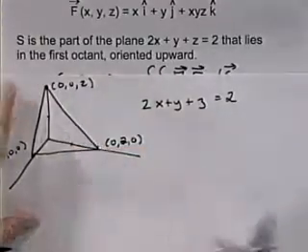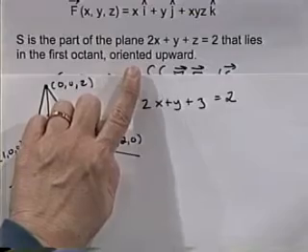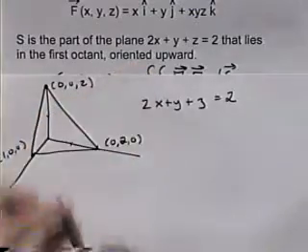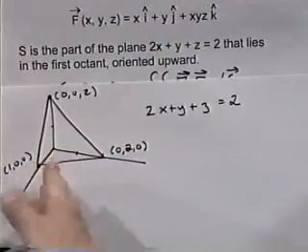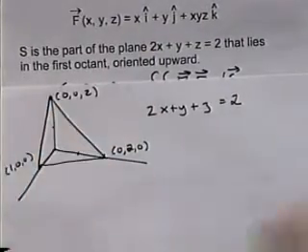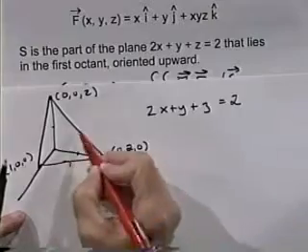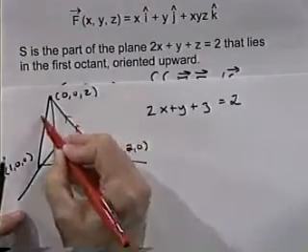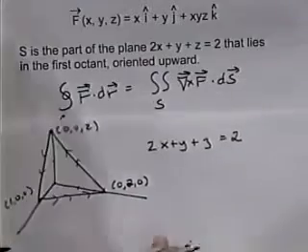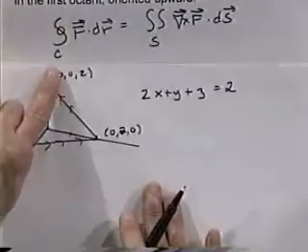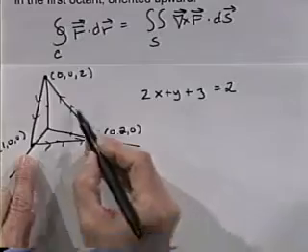Since we are doing this problem with the surface oriented upward, my unit normal's coming out like this. Think of the little guy walking with this on his head. He'd be going this way with his left arm sticking in, and so we have to go this way. Now, to do the integral over the curve of f dot dr, we've got to integrate along the